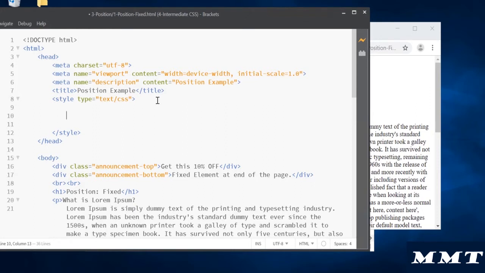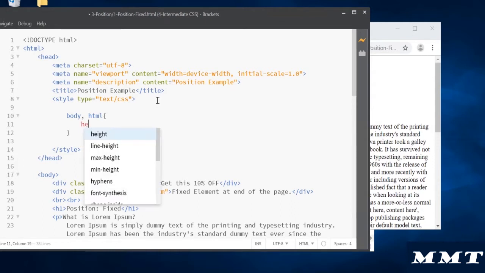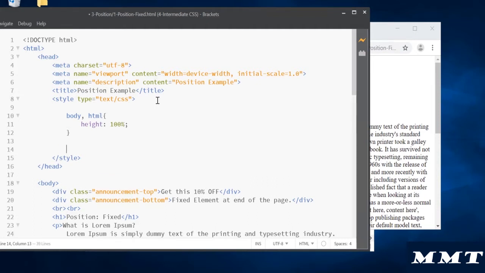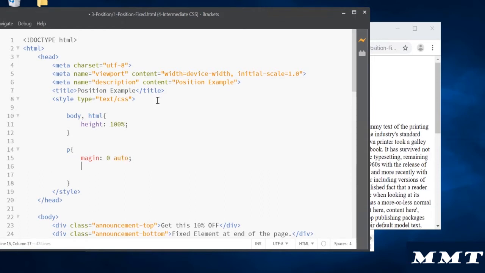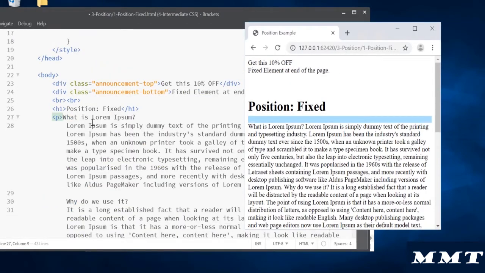The first thing is we will have body and HTML, and say we want the width to be 100%, height to be 100%. So that's the fixed height. Then for each paragraph we want to have a margin of 0 auto, so it comes to the center, and the maximum width that you can have for a paragraph is 600px. So it can go floating all around the width,